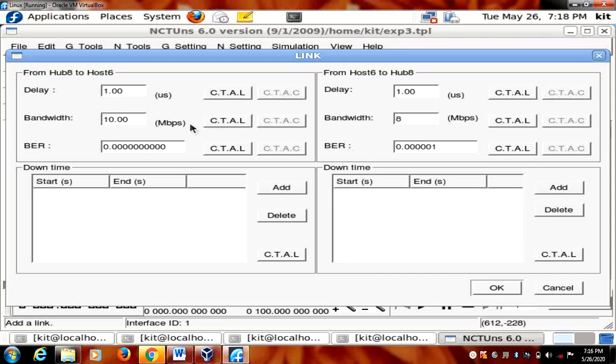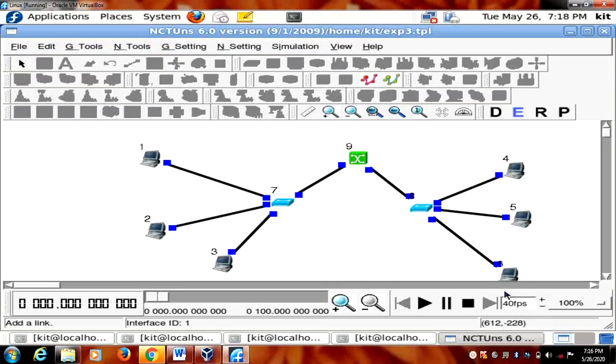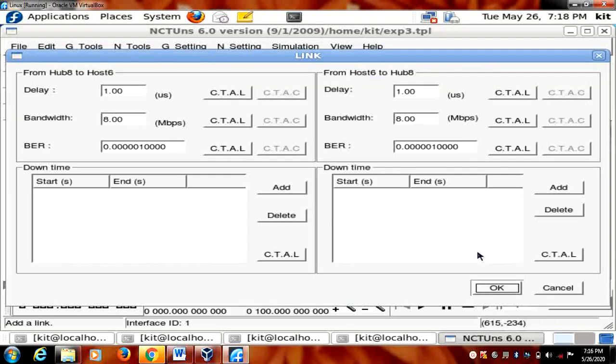This is also 8, and this is also 8. Okay. Go for it. I have changed each and every line.